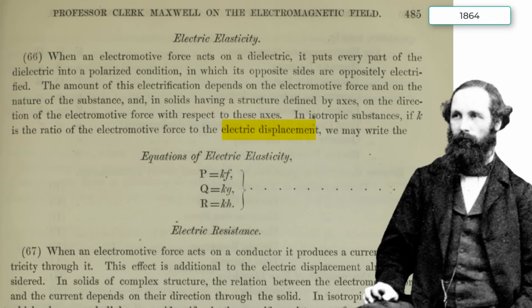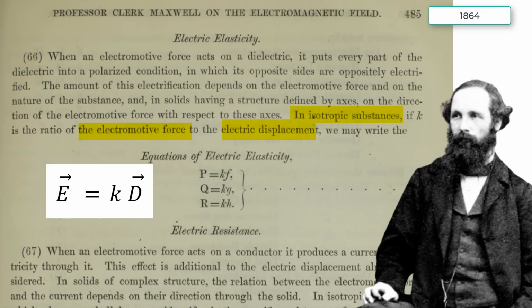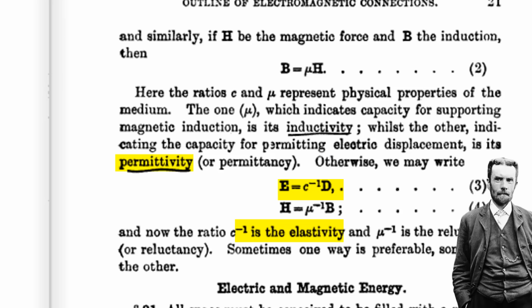Instead, Maxwell called it the displacement field, as it displaces the charges in the medium as these lines of force emerge from charged objects. However, Maxwell stated that if the medium is uniform, then the displacement field D and the electric field E are related by a simple constant K, which Maxwell called the electric elasticity. Years later, Oliver Heaviside decided that he would prefer to use a constant that he called the permittivity that was defined as the inverse of Maxwell's electric elasticity.